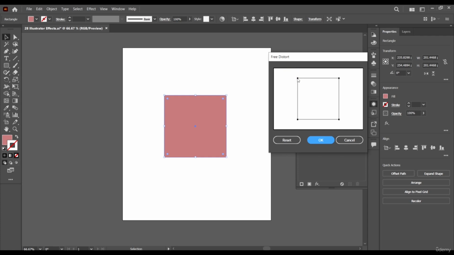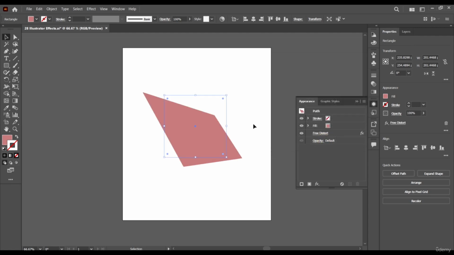Then it gives us the ability to edit the anchor points. You just select the anchor point and edit it the way you want. We still have a preview of the original one. This one with the dashed lines is the original, and this is how we are editing our anchor points to be. When we click OK, it turns our shape to look like how we've edited it, while our original shape handles are still intact, just like when the shape was a squared shape.